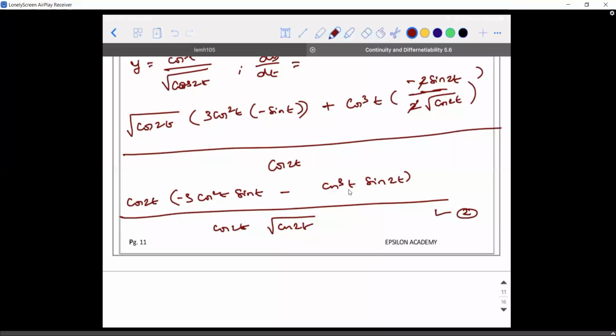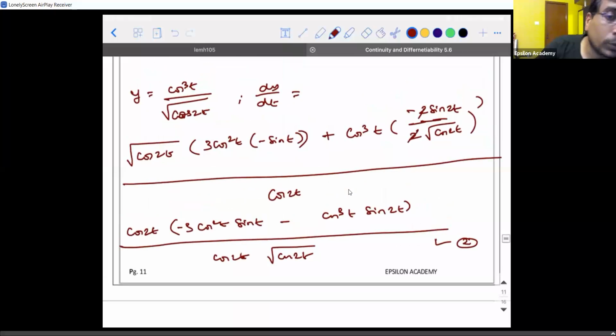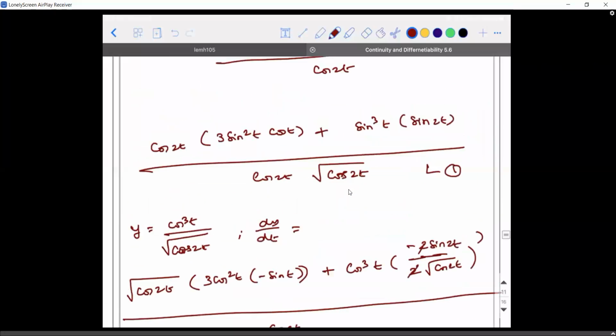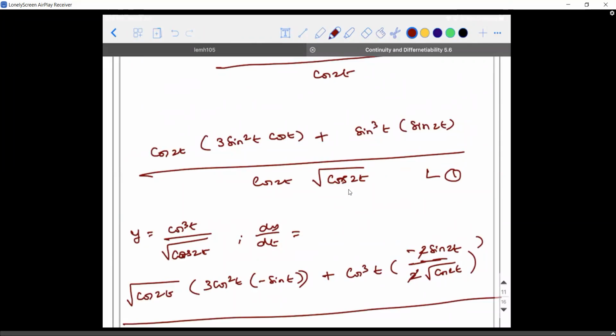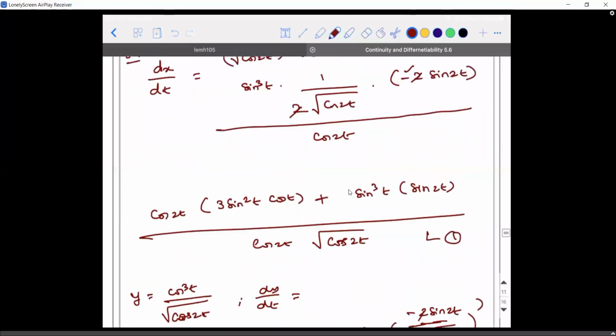Okay. So could you show for x for 1 minute? What we got for x? I didn't get you, Rohan. What we got for x when we're finding x the answer. This one? Yes, I have a doubt. How did we get cos 2t? So it should be root cos 2t, right?